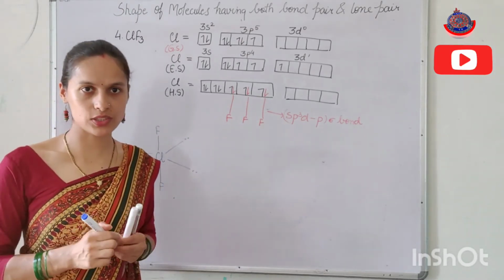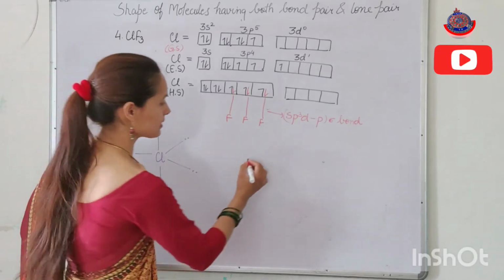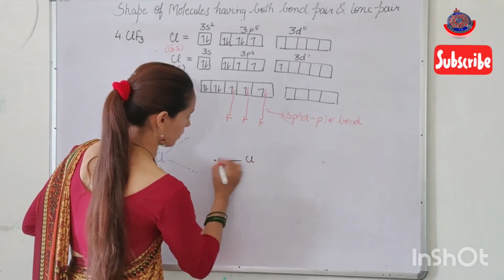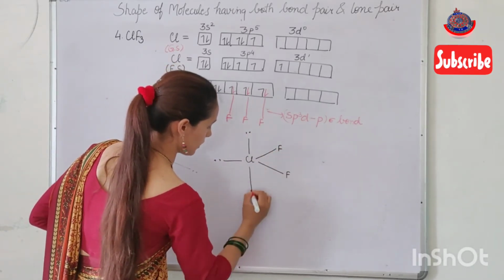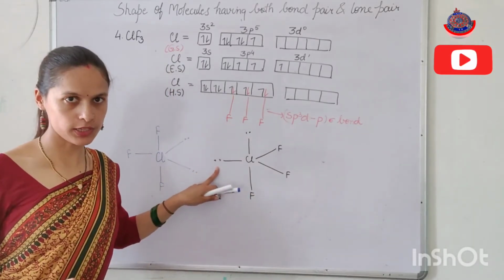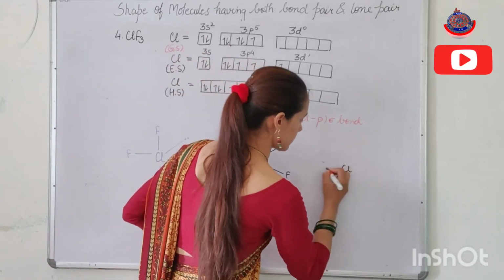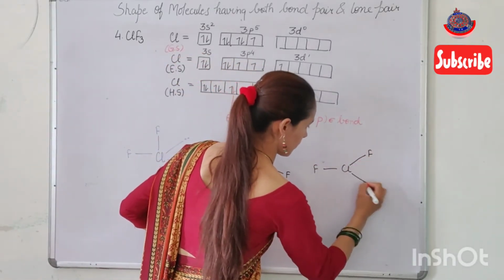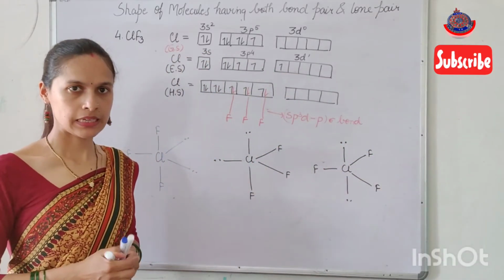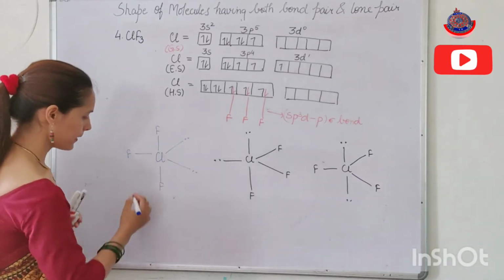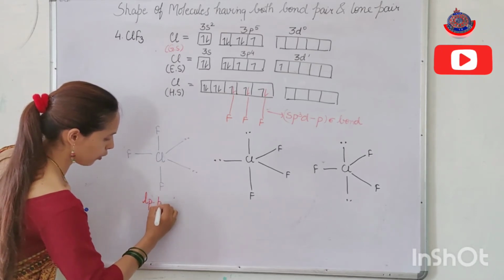This is the first situation, that both the lone pairs are present in the equatorial plane. The second situation is like this, that one lone pair is in the equatorial position and the second lone pair is in the axial position. The third condition is like this. Clear? Now if I write the lone pair bond pair repulsion here,